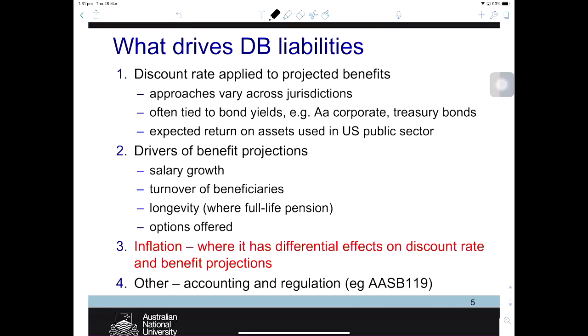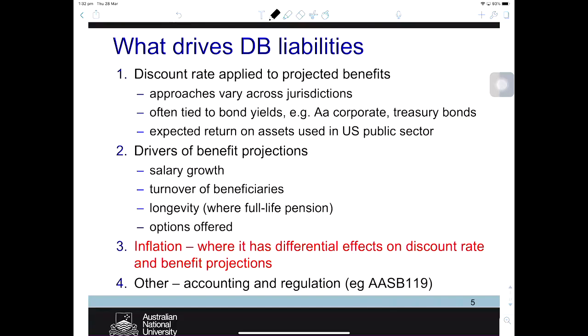In Australia, the usual practice is to look at the duration of the projected liability. So it's a negative bond within your total portfolio. They look at the duration of the negative bond and find the bond or index of fixed income securities in the market with the closest match of duration. If you look at the example of Telstra, they have applied this method. They find an index of bonds with the closest match of duration for their projected liabilities as the discount rate to